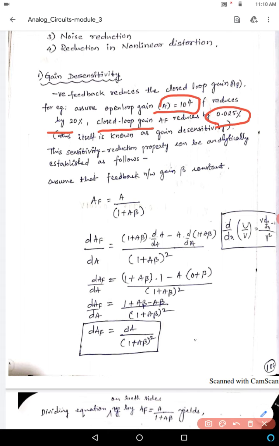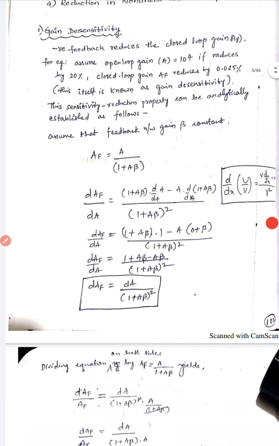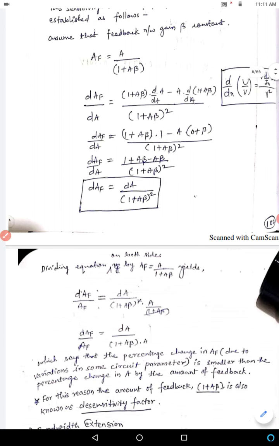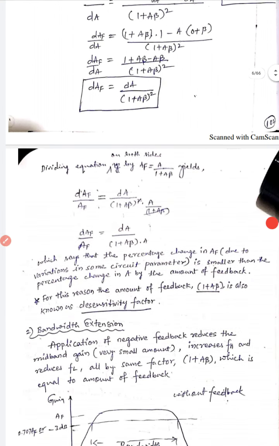Again, this will be explained with the derivations. Some of the derivations will be taken, that is by using the differentiation method, all those things. And you should concentrate on the theory part here. This would be useful. And then again, the last one, this point is very much important.